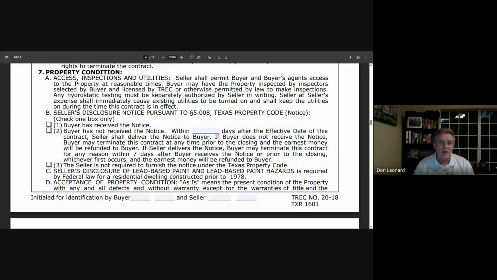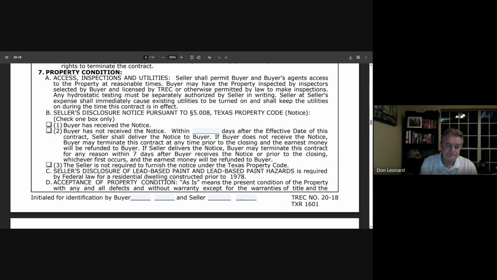So when we think about when inspections are going to be done, which is typically during the option period, we have a very short period of time normally to get those inspections done. Maybe 3 days, 5 days, 7 days, something like that. So even though the rules allow 2 possibilities for inspectors, most likely it's going to need to be that TREC